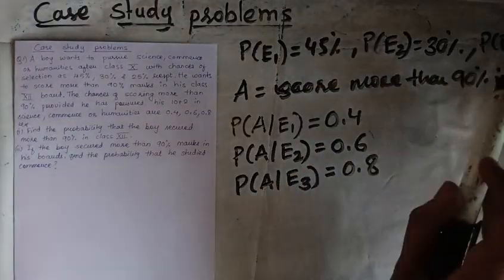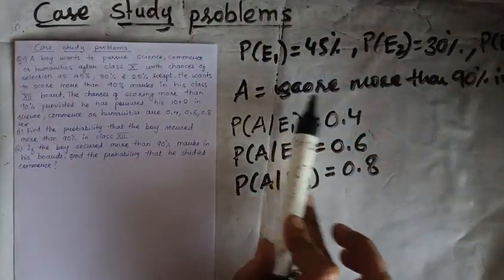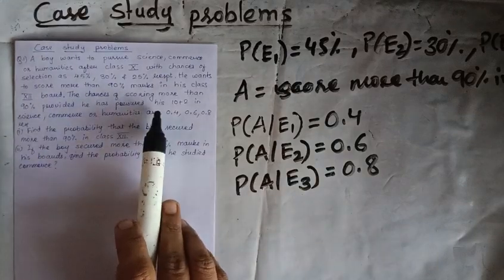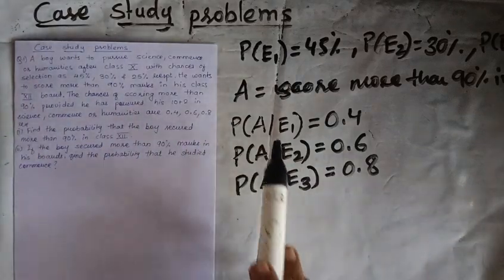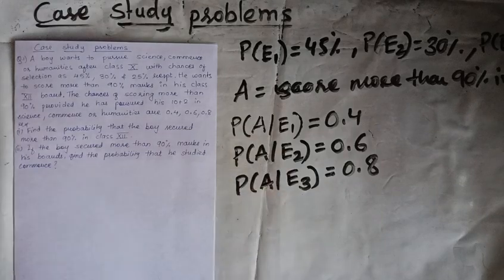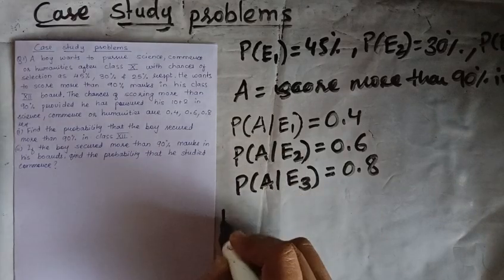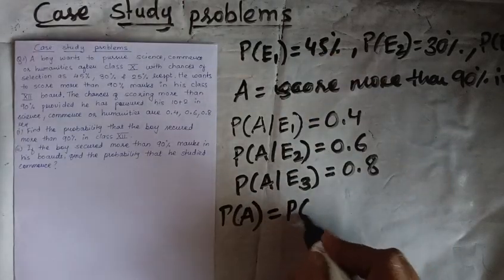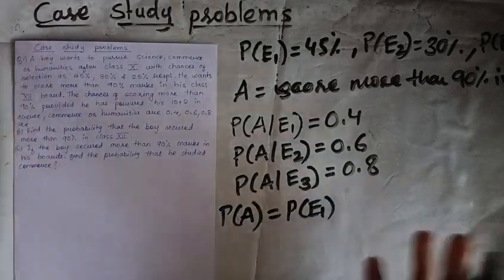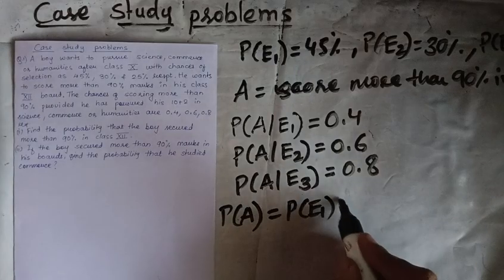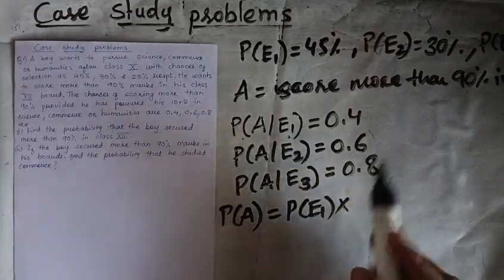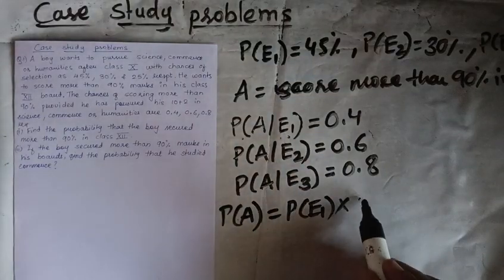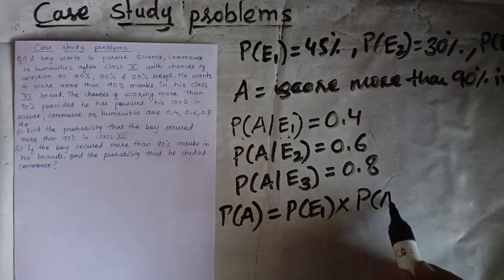Okay, that also we have to consider, and he has scored 90%, that is, provided he has pursued his 10 plus 2 in science, commerce and humanities. So this probability will be: he has taken science after 10th, and in science he scored more than 90%. So this is P of A over E1